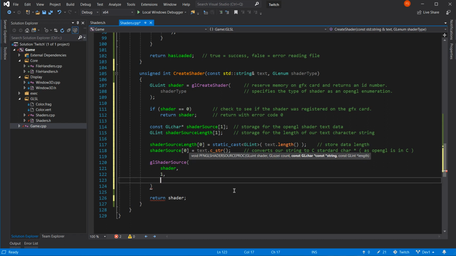How about that? Const GLchar star const star string. Well, that's lucky. What's this one here? How about that one there that we've done here? How about shader source?